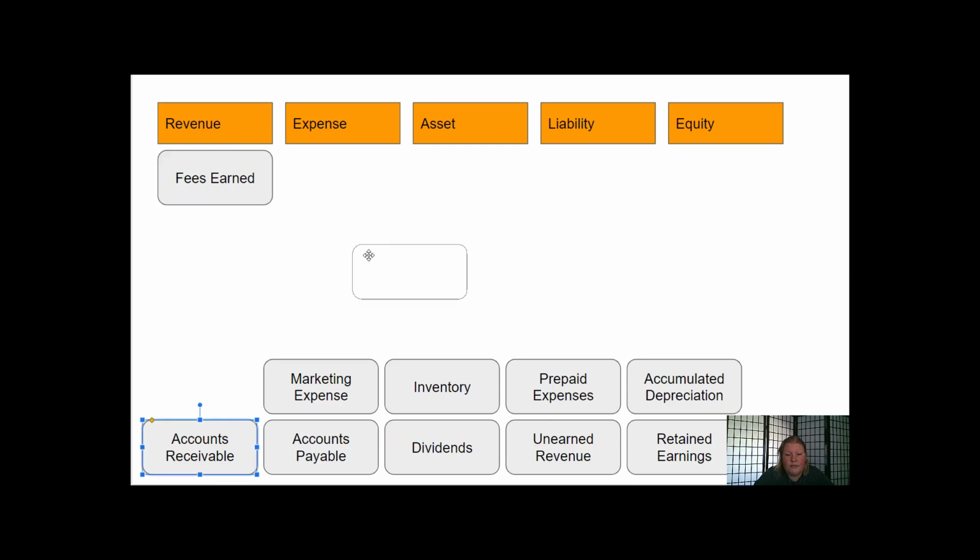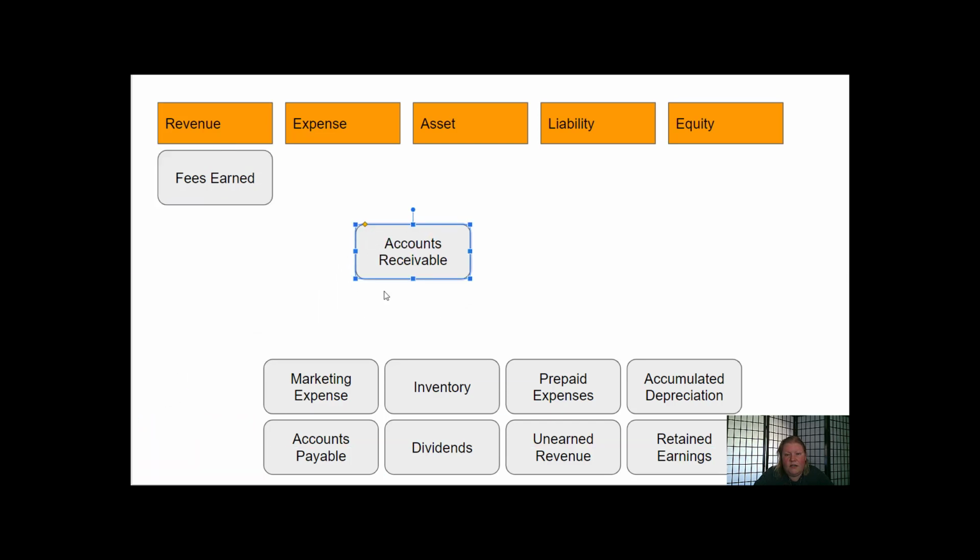All right, so now what about this one? Accounts receivable. So anytime you see receivable, it means the company is going to receive something. So you're going to see notes receivable, accounts receivable. So what does that mean? That means I have accounts that I'm going to receive. Accounts receivable, if you don't know, is money that your customers owe you, right? That means that if customers owe us money, we're going to receive money in the